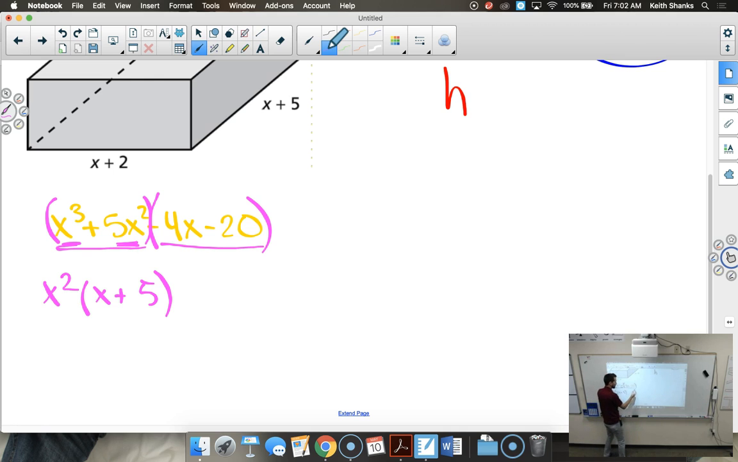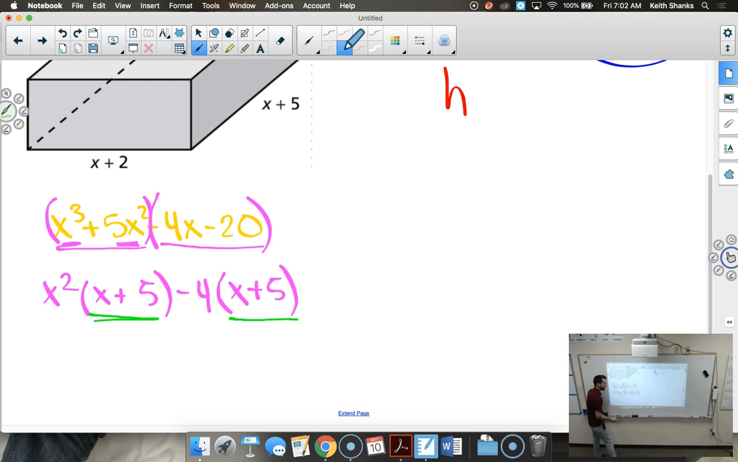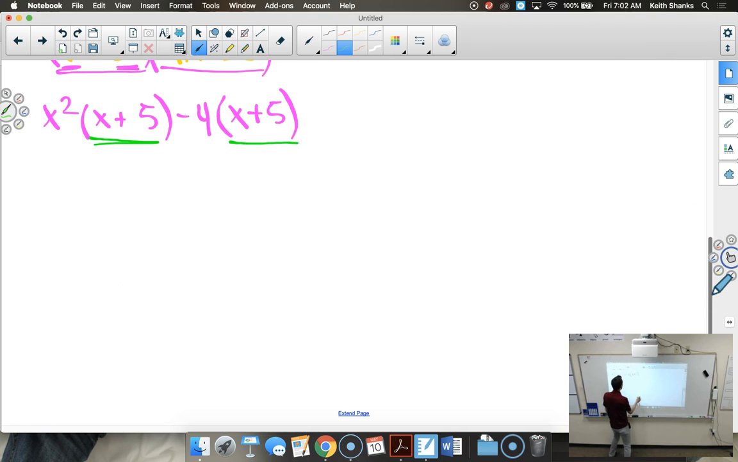Similarly, on these two, they both have a negative, and they're both divisible by 4, right? So 4x is divisible by 4, and 20 is divisible by 4. So negative 4x divided by negative 4 is x. Negative 20 divided by negative 4 is positive 5. And hopefully this looks familiar. Notice these are the same. Whenever those are the same, we can write those as a factor, x plus 5,